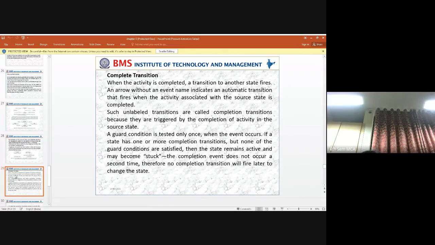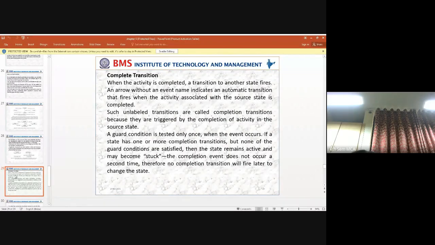What happens if, while taking a copy, the paper gets jammed? It has to indicate the state, and what action has to be taken once the paper gets jammed. Say for example, you are taking a print. While taking a print, if there are no papers, the system has to identify that there are no papers in the tray. So it will display a menu. It is an activity that will occur due to the execution of that particular state.